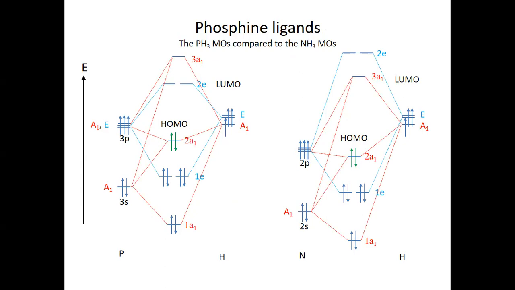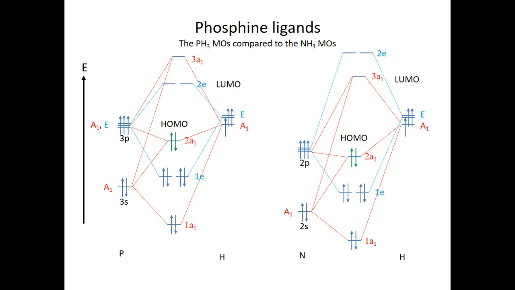Okay, now finally, let us have a look at phosphine ligands. So the phosphine ligands also have unique properties. At first glance, you would think that they would behave similar to amine ligands, NH3, but in fact they do not, and that's because of a subtle difference in the molecular orbital diagram in